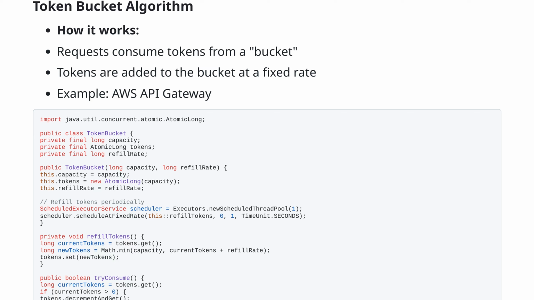When a request comes in, the tryConsume method checks if there are enough tokens available. If tokens are available, it decrements the token count and allows the request. Java: public boolean tryConsume() { long currentTokens = tokens.get(); if (currentTokens > 0) { tokens.decrementAndGet(); return true; } return false;